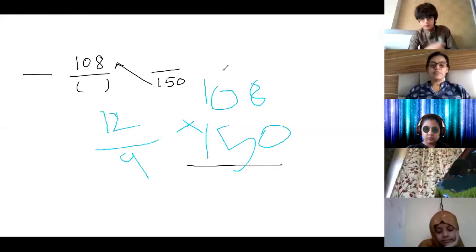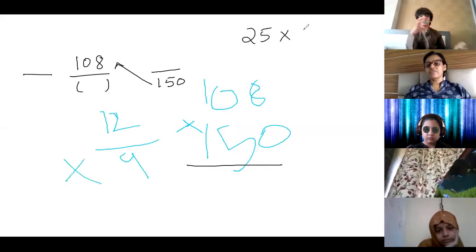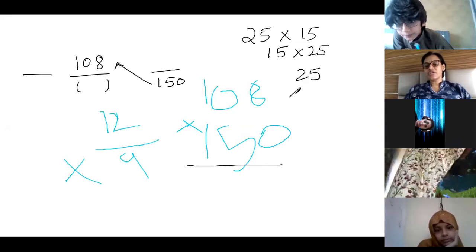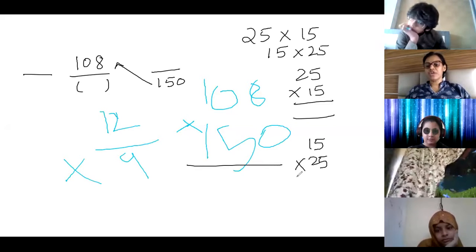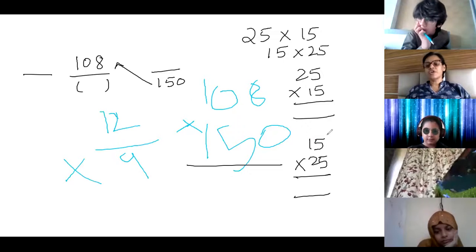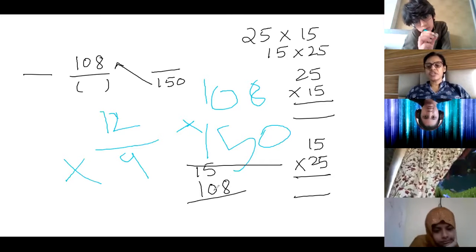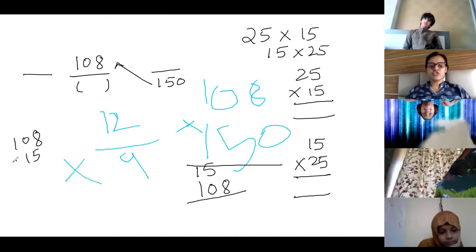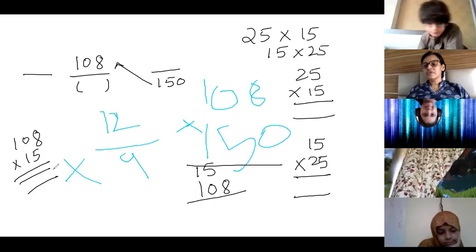Listen, Abdullah. Multiplication and addition are commutative. So you can multiply 25 into 15 or 15 into 25, you will get the same answer. So it doesn't matter what you write on the top or at the bottom. The only thing is what is easier, because if you write 108 at the bottom, it is 3-digit multiplication. So that is why I told you to write 108 into 50. So you get only 2 lines of multiplication. Is it clear, Abdullah?